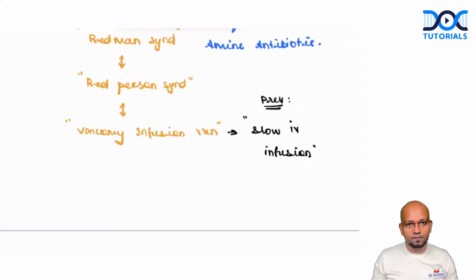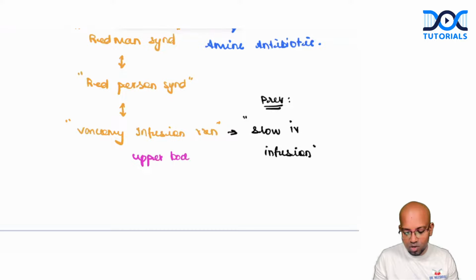Okay, sir, what if you start the patient on slow IV infusion and the patient develops vancomycin infusion reaction? What is the next best step in management? For example, imagine you are in your ward, a patient is admitted, and you are asked to put vancomycin infusion. You mix vancomycin in the fluid and start the infusion. But after 2 or 3 minutes, his upper body, the primary site where we can see the vancomycin infusion reaction,